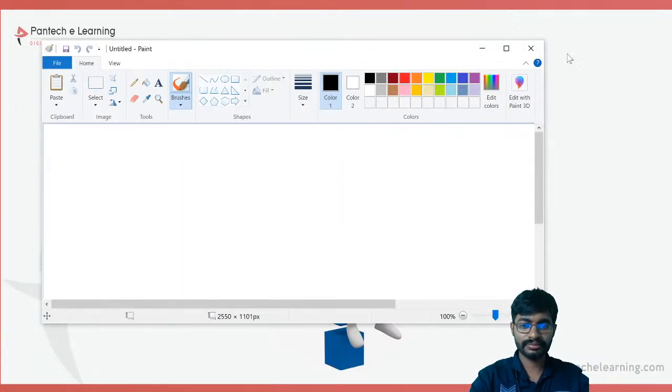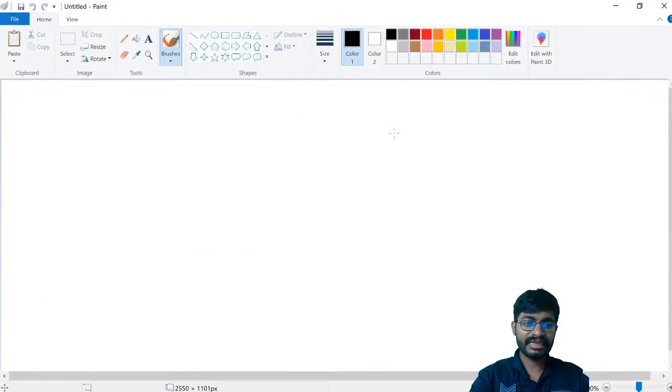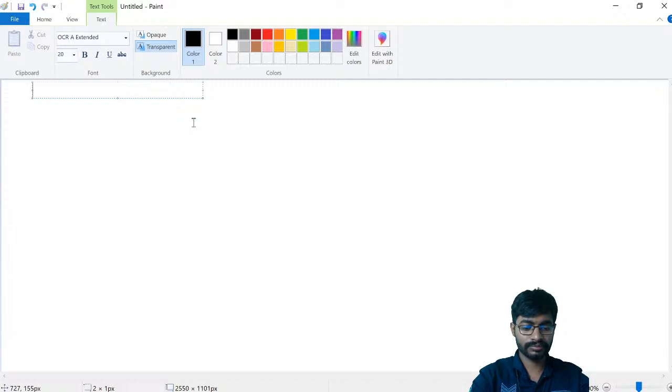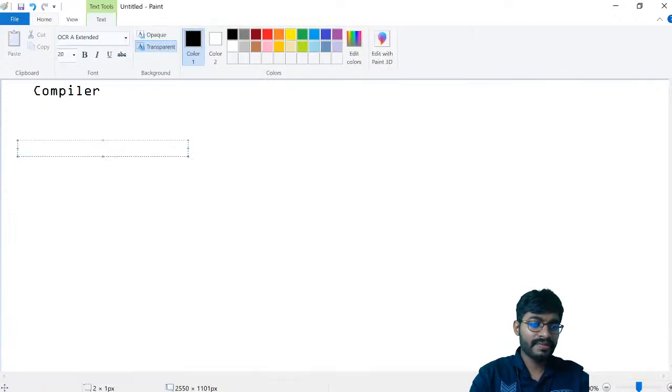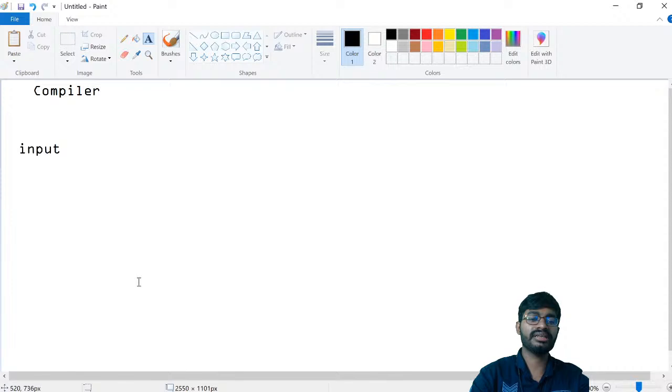First let us see what a compiler is. Whenever you go for a compiler process, first we provide the input of the data. It will be nothing but our own programming part.